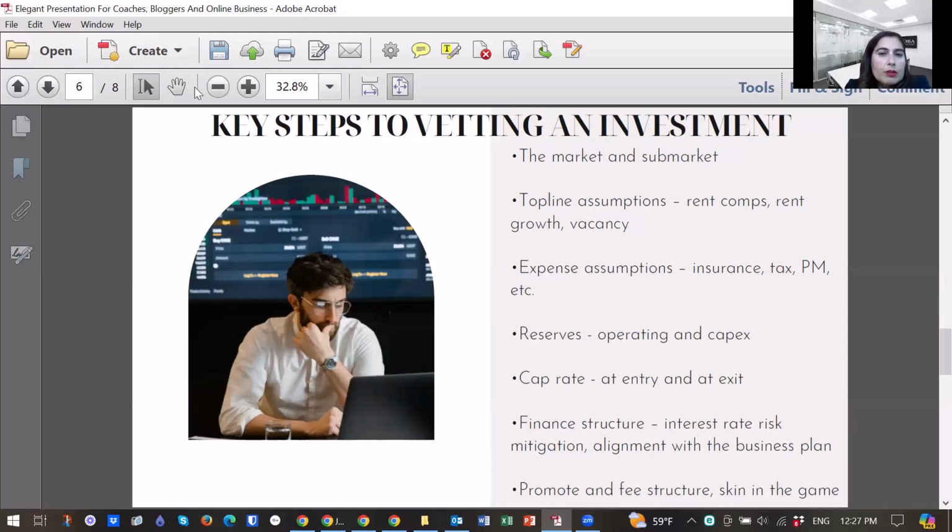The other component of reserves is operating reserves. And personally, I'd like to reserve 6 months of operating expenses and debt service, which for the most part equates to, I guess another way to say it is 12 months of operating expenses. If I see anything less than that in a deal, I personally get very nervous. Now, would I be comfortable with something like 4 or 5 months of OPEX and debt service? I would say maybe. But in that case, I personally would like to see other cushion levels within the deal,